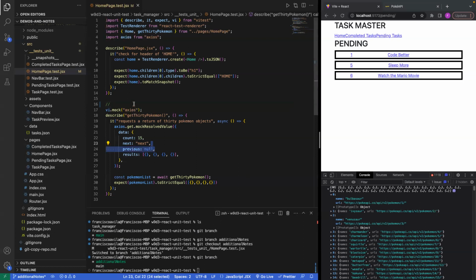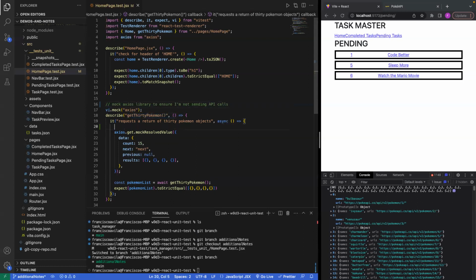Okay, perfect. So here I'm going to go ahead and mock the Axios library to ensure I'm not sending API calls. Here I'm describing what the function will be called. And then I actually start going into creating my assertion. So notice how I made this asynchronous, right? And then here,